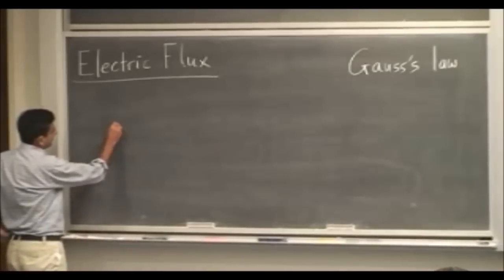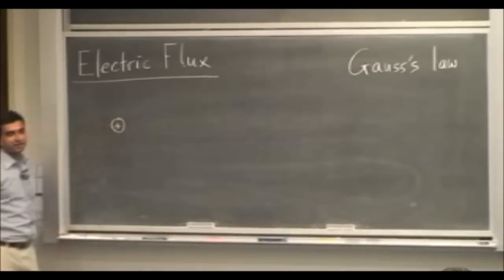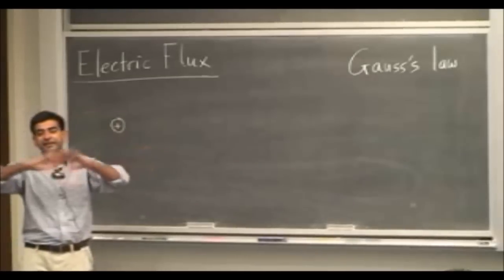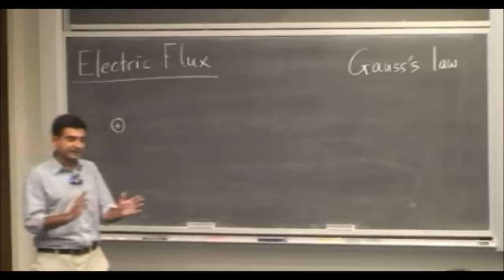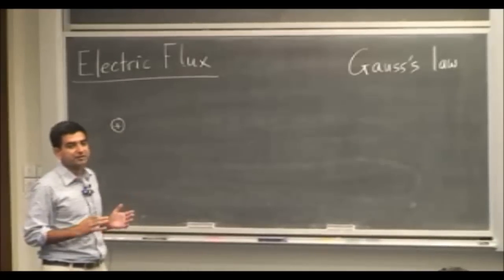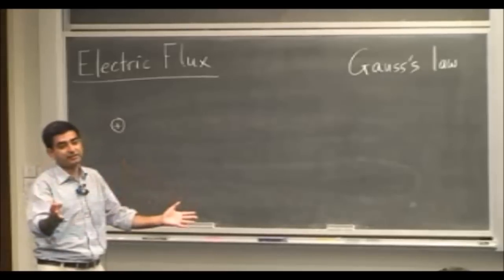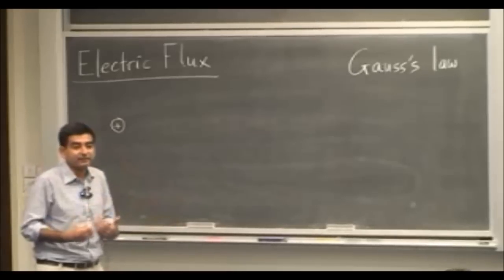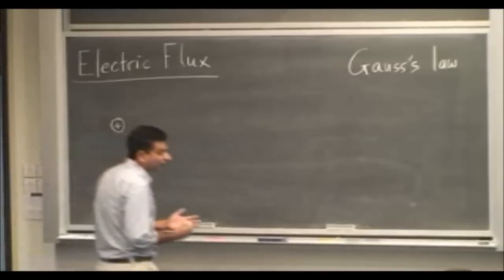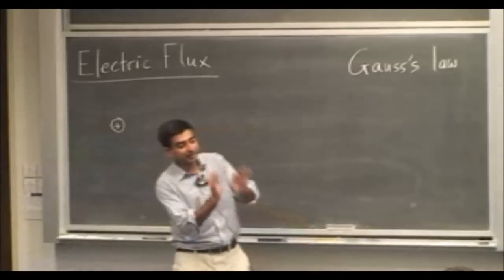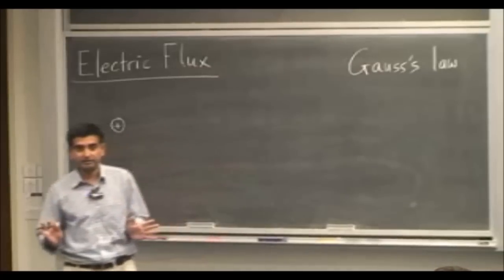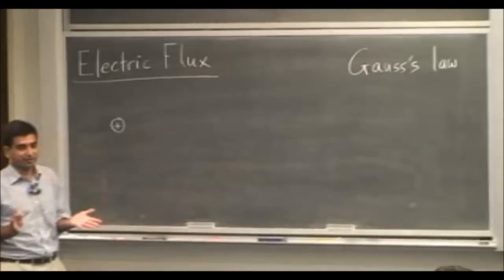Suppose I have a charge, a positive charge, and it's a point charge. I know that the field around this is spherically symmetric. So I can stand anywhere around this charge, and if I am at a particular radius from the charge, I will feel the same electric field. The electric force on myself, if I were a test charge, would be the same. It doesn't depend whether I stand here or I stand here. If I'm at a constant radius from the charge, I feel the same field. So this is what is meant by spherically symmetric.